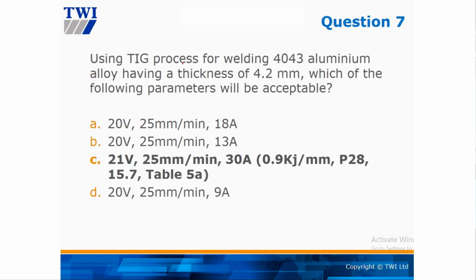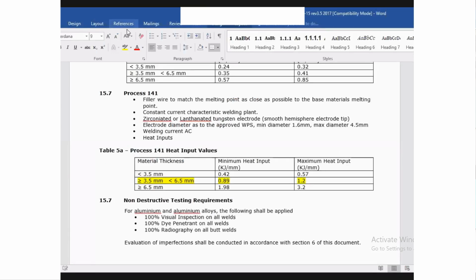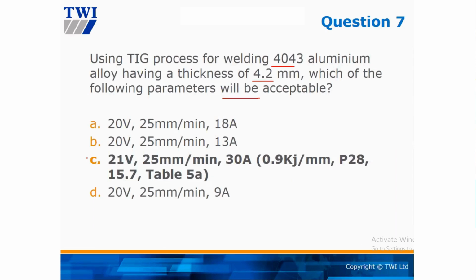7. Using TIG process welding 4043 aluminum, thickness 4.2. Which of the following parameters will be accepted? All right, again, look at page 5.8. The thickness in the equation is 4.2. The minimum heat input will be 0.89 and maximum 1.2. Then from there, the answer given is C. So when we calculate the answer C here,